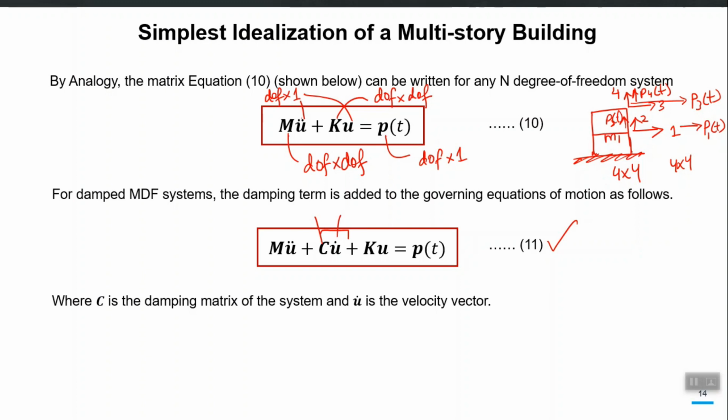Now let us add another degree of freedom, which is rotational degree of freedom. So each story may have 3 degrees of freedom. Now each floor can move in lateral direction, can move in upward, downward direction, and can rotate also. So the formulation will still be the same, equation 11 will still be valid. All you have to do is formulate a mass matrix which will now be 6 by 6, because there will be a total of 6 degrees of freedom in this structure, right. And K matrix will be 6 by 6 and all the vectors will be 6 by 1, right.